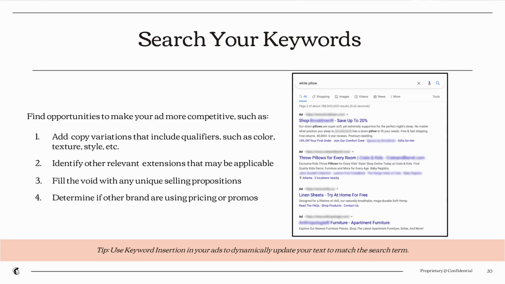So once we've identified the ad copy that's not performing well for us, I would then do a search for the top performing keywords that I have. So anything with a high impression volume, start searching for those keywords and see what competitors show up on that results page. Once I do that, I'll look and figure out, okay, what ad copy do they have? What extensions do they have? And I'll make some decisions. The first one being, I'm searching for white pillow, which might be a high volume keyword for me, and I'm noticing that none of the ads that are currently shown mention white pillow at all. As a result, I would look to add in copy to my account that says white pillow in it to keep that relevance even tighter than my competitors.